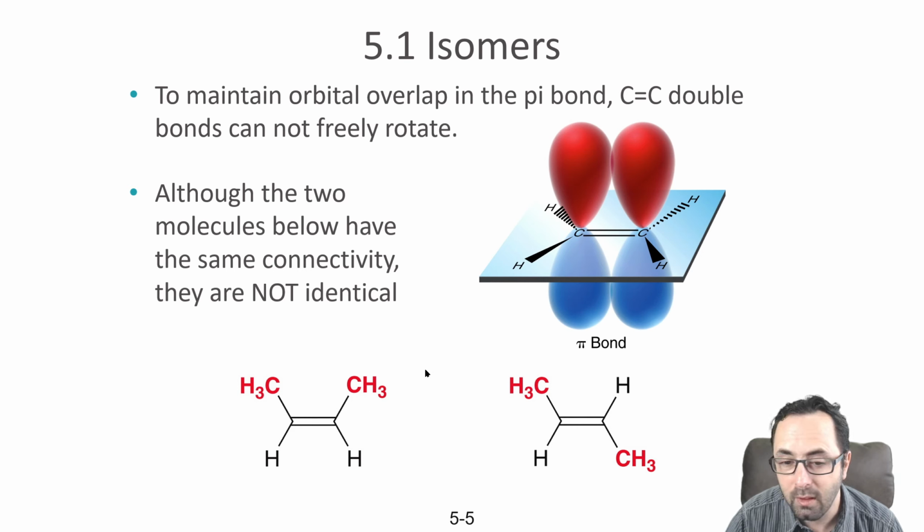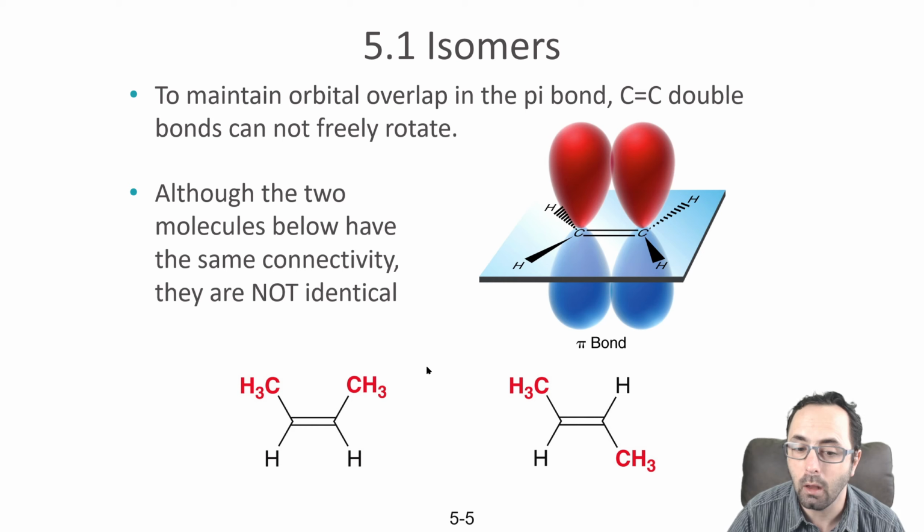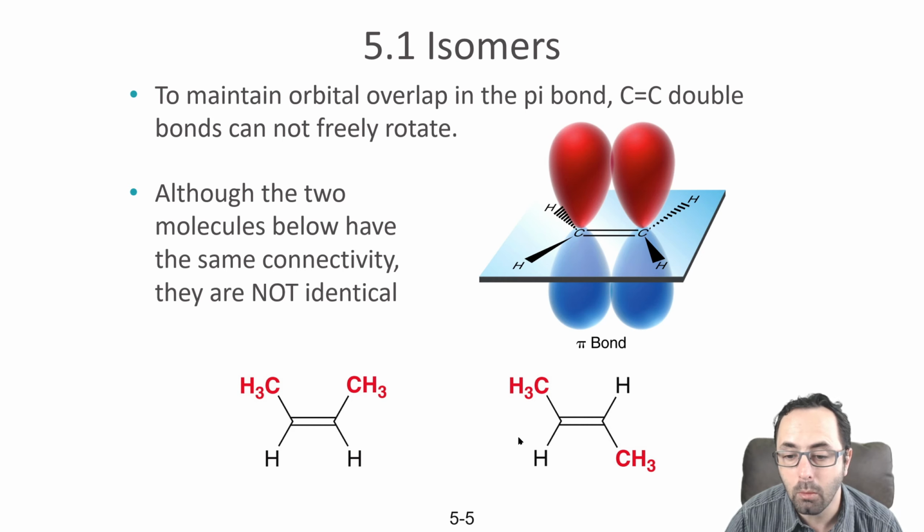So both of these situations, the ring and the double bond, result in molecules that have a position that cannot rotate. Single bonds can rotate, but there is some barrier to rotation that we discussed in chapter 4. But these molecules with a double bond cannot rotate around that double bond unless the pi bond is broken. Remember, the pi bond requires a sideways overlap of unhybridized p orbitals, and that overlap is broken